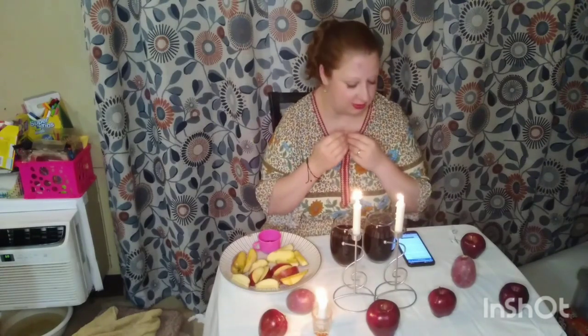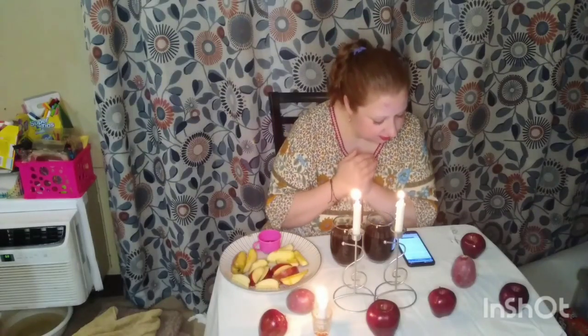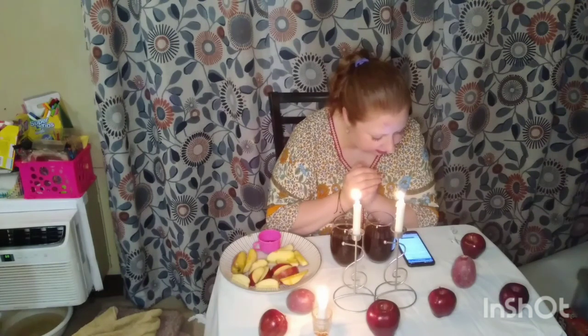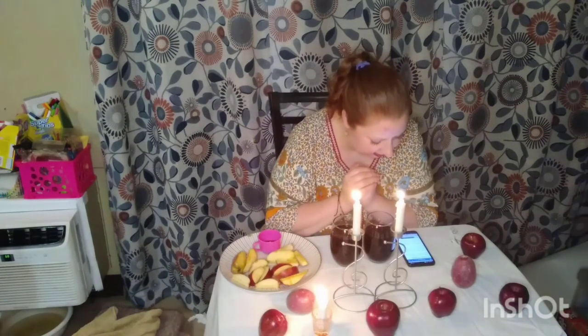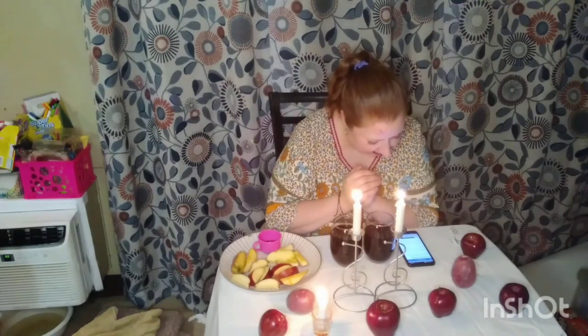Traditionally, I would keep my hands covering my eyes this whole time. I won't be able to do that. Baruch atah Adonai Eloheinu melech haolam asher kideshanu b'mitzvotav v'tzivanu